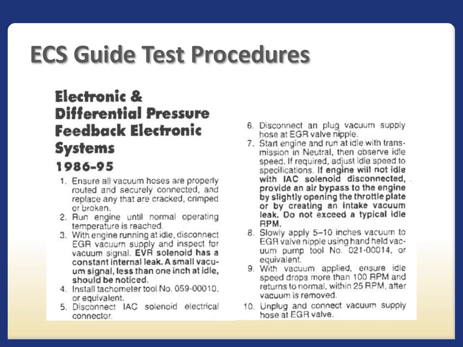EGR test procedure number 11 requires both visual and functional checks. Pay special attention to the notes since they are instrumental to the testing and diagnosis process. To test the EGR in this vehicle, a handheld vacuum pump is required to operate the EGR valve, and a tachometer is required to measure engine RPM.